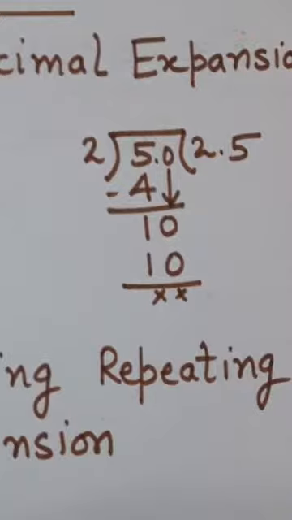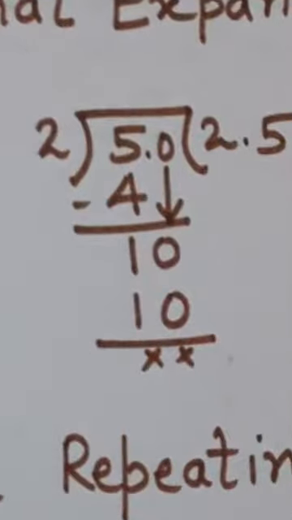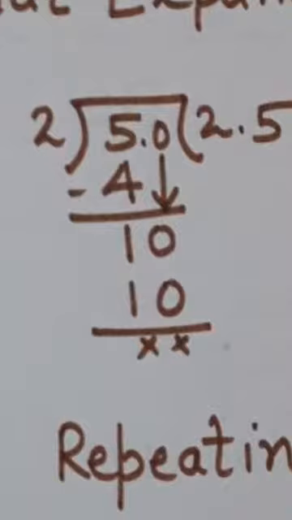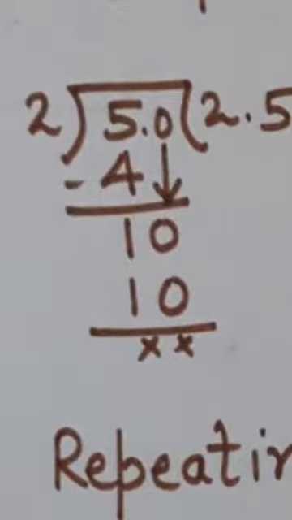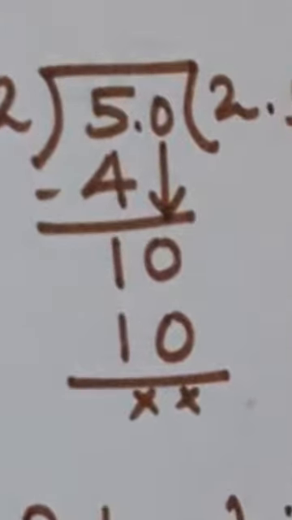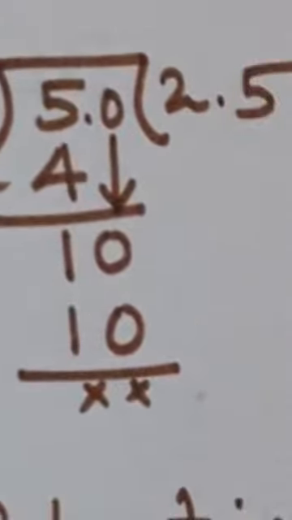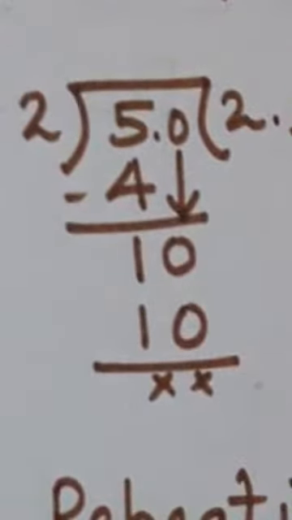2 2s are 4. We have subtracted 4 from 5. We are getting 1. Now, the remainder is 1 here. We want to divide it completely in order to get the remainder 0. So, what we have done is we have placed a decimal here, and therefore we have to place a decimal here also. Now, we have taken this 0. This 0 will come here.